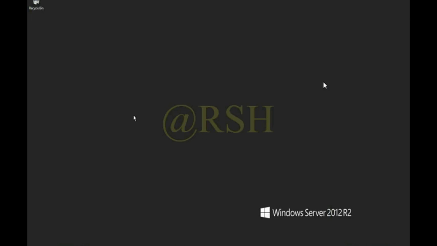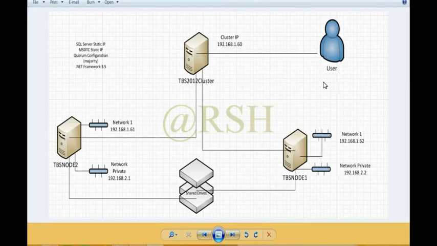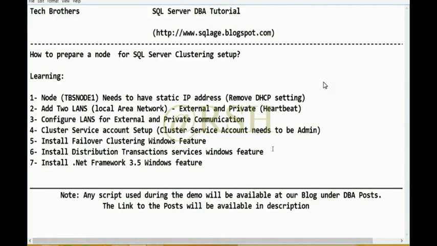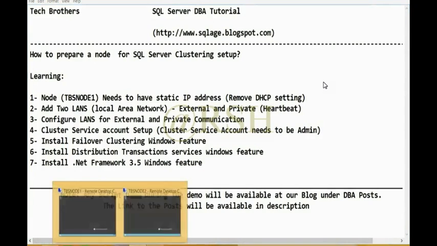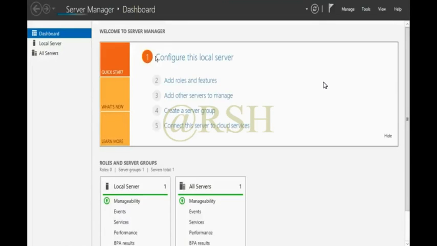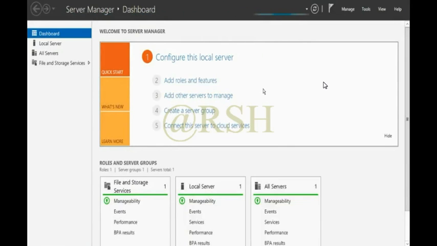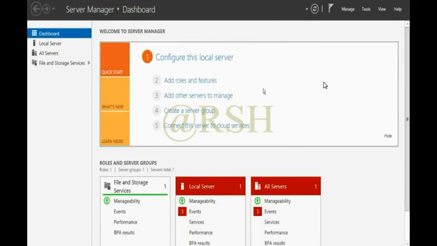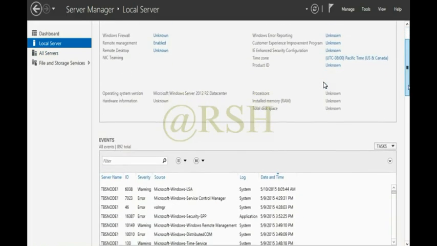Our next target is to make sure all the features that we talked about are installed on this particular node. So we're going to check the Failover Clustering Windows feature, check the Distributed Transaction Coordinator application service Windows feature, and install the .NET Framework 3.5 Windows feature. If you're using Windows 2012, click on Server Manager and see what's already installed on your machine. And if you're using Windows 2008 R2 or Windows 7, you can go to Programs and Features and see what is installed already. In my case, I click on Local Server and go all the way down,